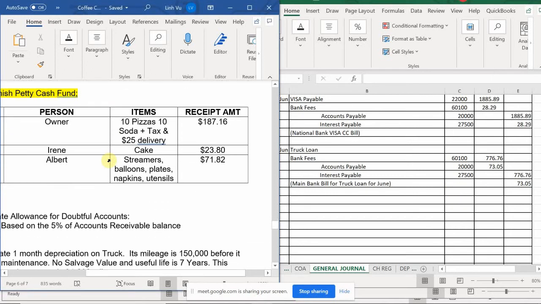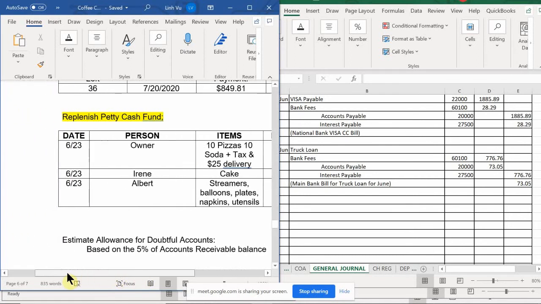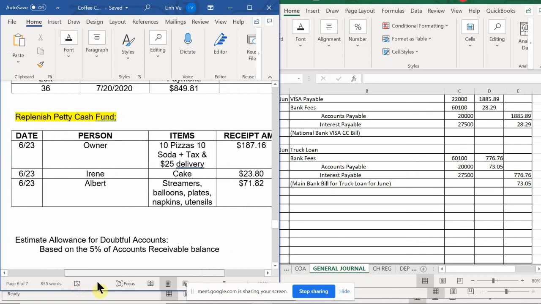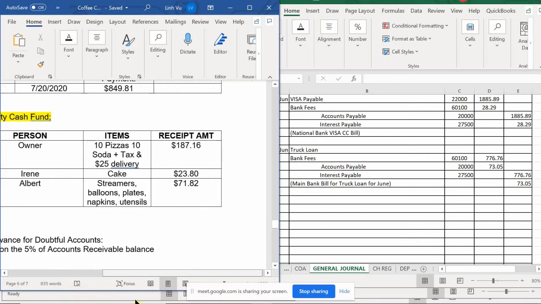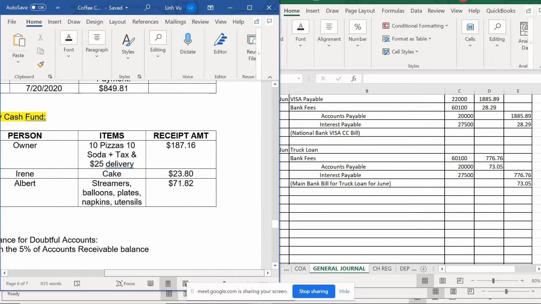If you guys remember, on the 23rd we had a few purchases or a few things to get ready for the party, for the grand opening party. So here is the list of people that purchased things. Okay. And they used the petty cash drawer. The owner used the petty cash drawer to buy pizza and some sodas, etc., which came out to